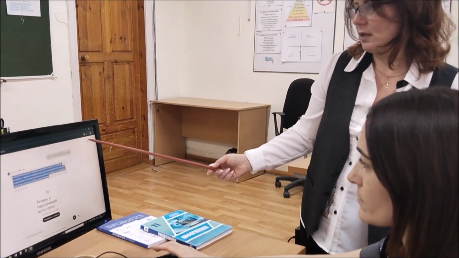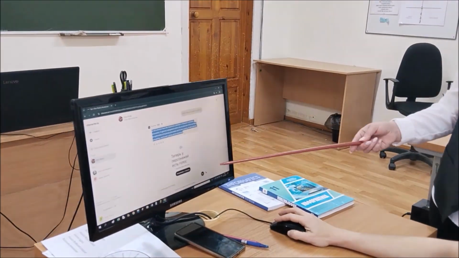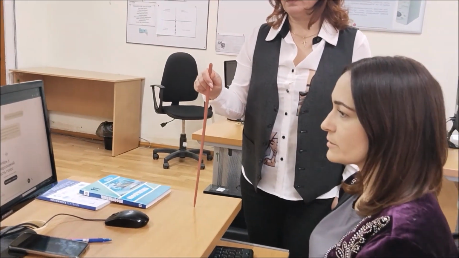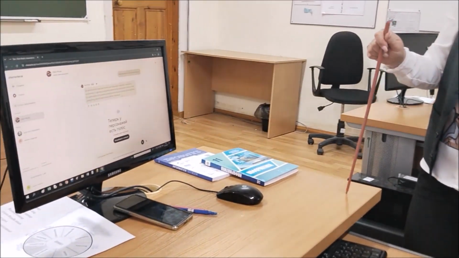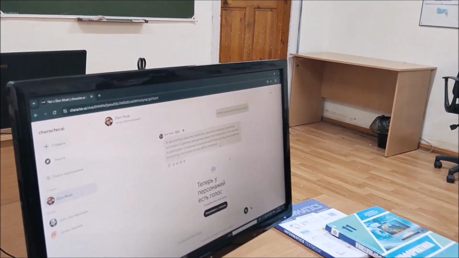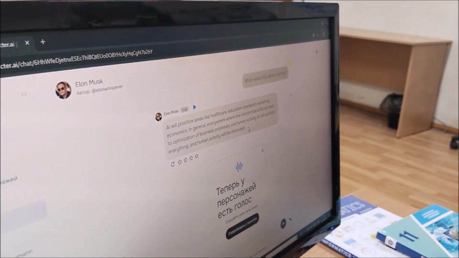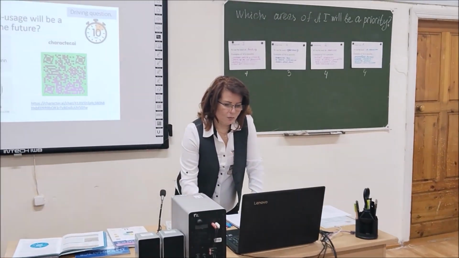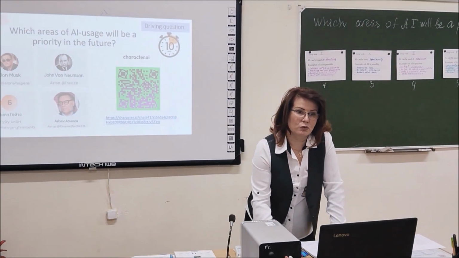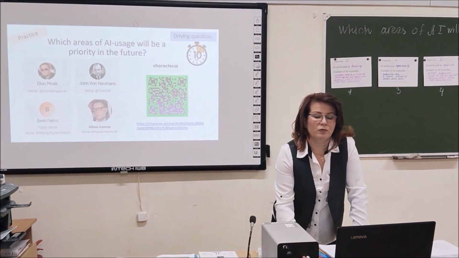Close this window and let's read the English version. AI will prioritize areas like healthcare, education, transport, marketing, economics, in general, everywhere where the introduction of AI can lead to optimization of business processes and human activity. And now I will show you that these artificial intelligence services can answer with voice.